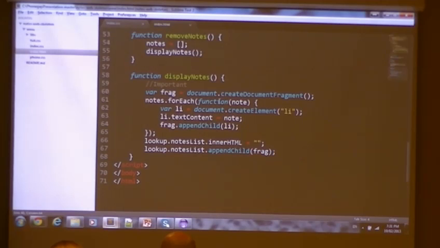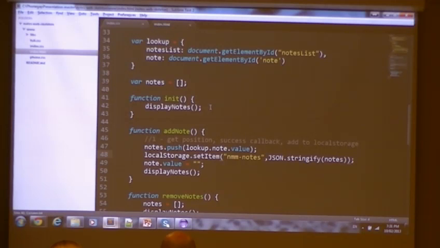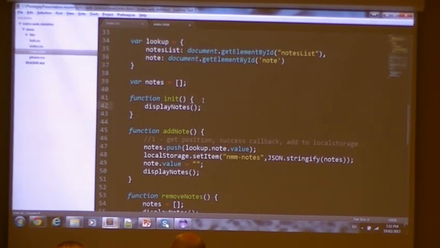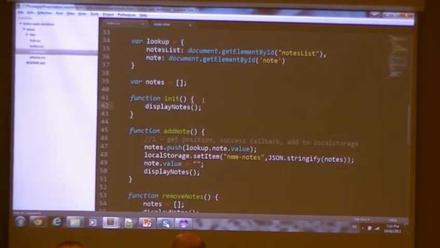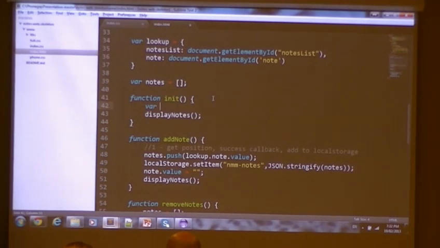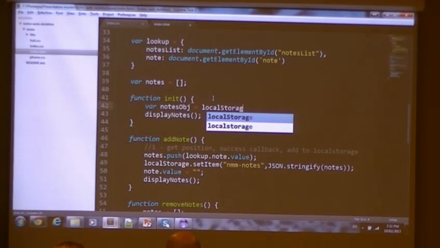So now we want to actually update our display. When we initialize, we call display notes. I've already put this in as a shortcut for me. Typically, when we first would have come in, it wouldn't have had that. But what we're going to do is, when we initialize, retrieve the notes array from the local storage and set it to this variable. So nice and simple. We can go notesObj equals localStorage.getItem